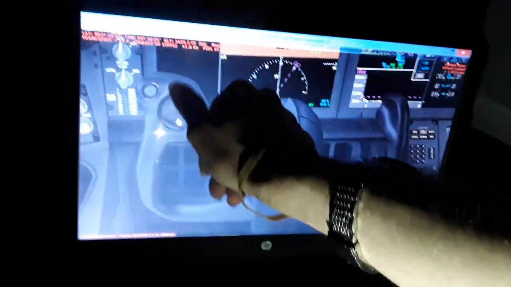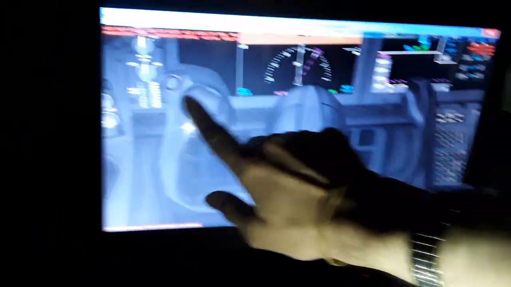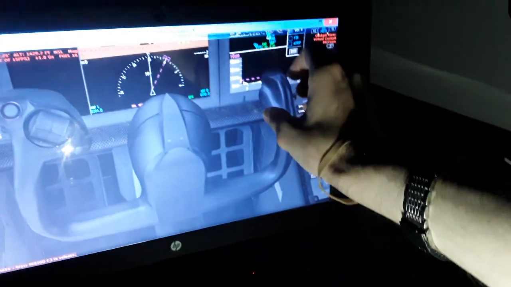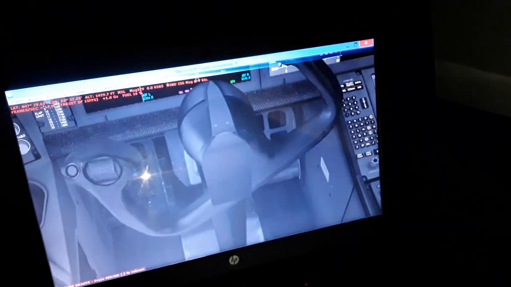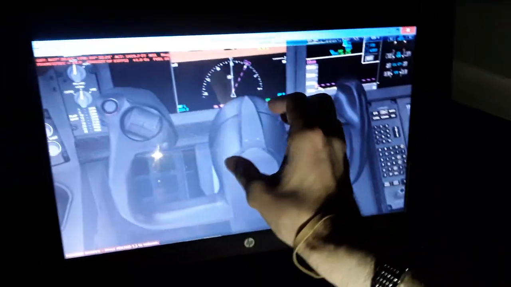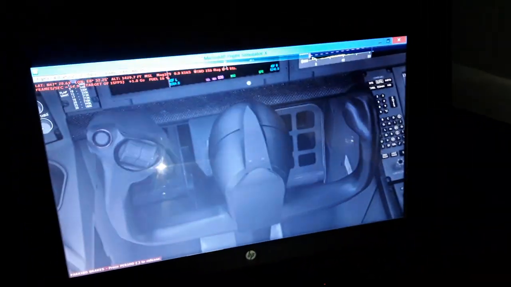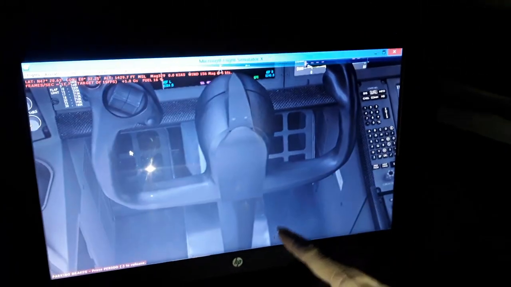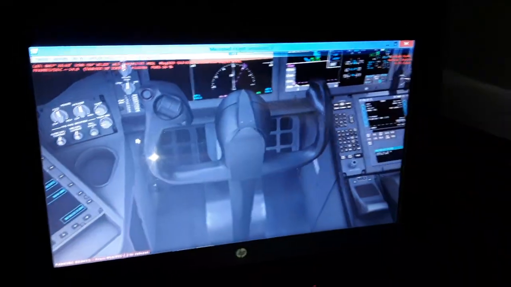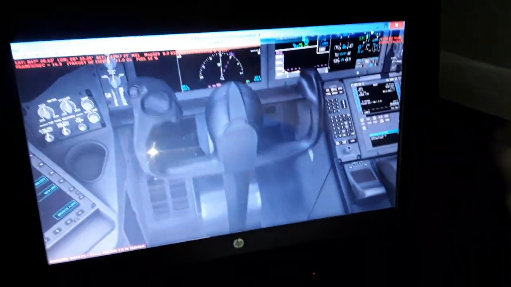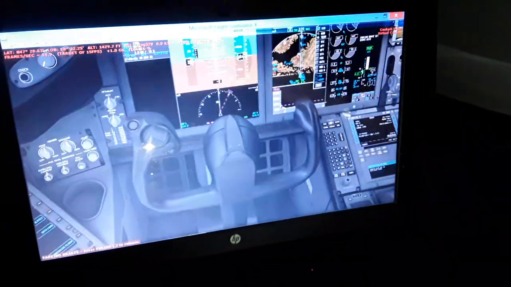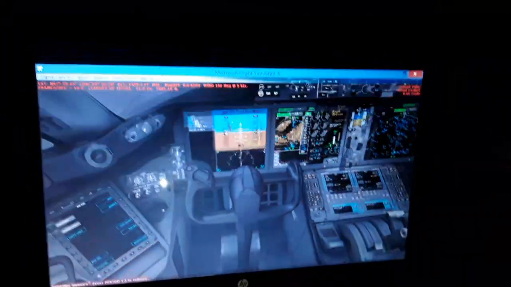So this way trim the elevator up, pitch the aircraft nose up. This way trim the elevator down, pitch the aircraft nose down. Also the control wheel, we can make turns like this, as you can see, using control wheel, climb and descend like this, push it back and forth. Also the rudder pedals, we have the vertical tail rudder, and also the nose wheel steering on the ground, interconnected